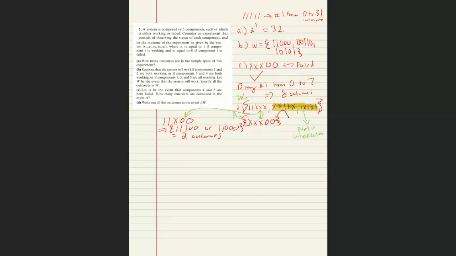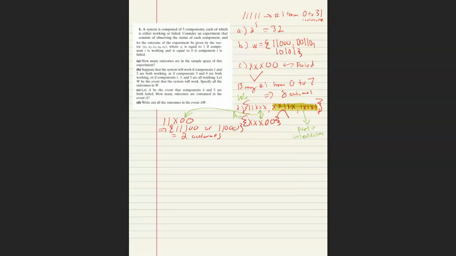So AW is the intersection of A and W. For A, that was the answer from C. And for W, that was the outcomes in part B. So the intersection is,